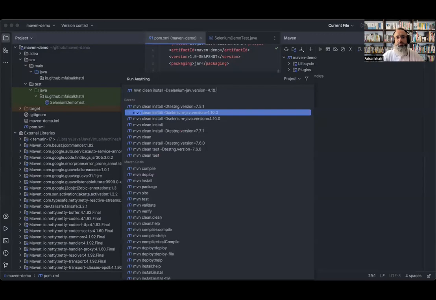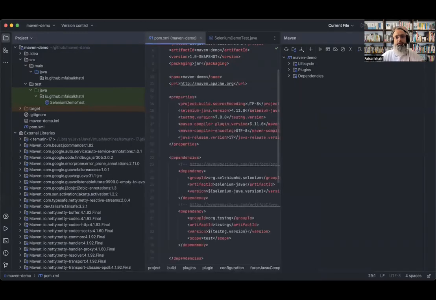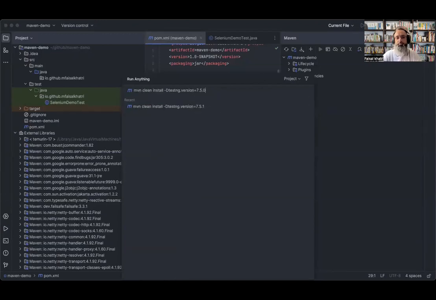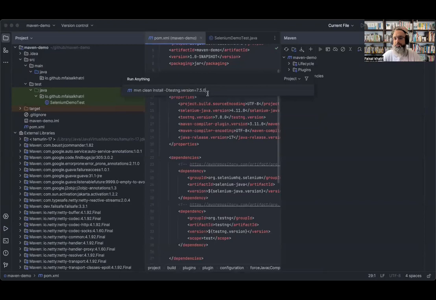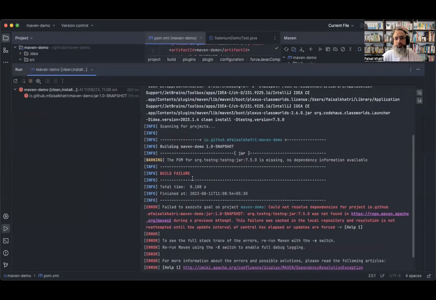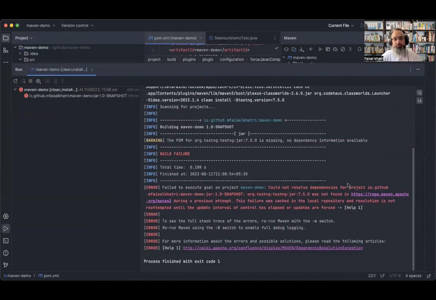The other case that I wanted to show was, what happens if the dependency is not available? Like if you mention a wrong version, for example testng version 7.5.0, and for that an artifact is not available on Maven Central, what happens? So if I run the test using 7.5.0, it says that the build failed, and the respective reason is mentioned like could not resolve dependencies for project in this snapshot, and that the org.testng jar 7.5.0 was not found on the Maven repository